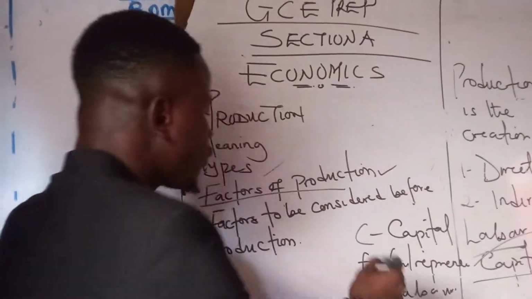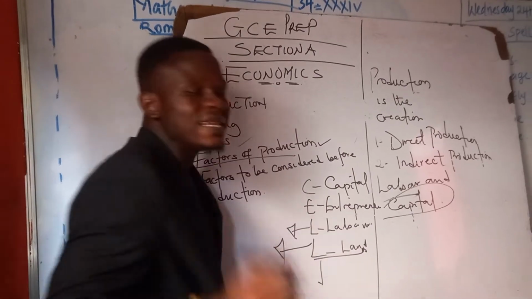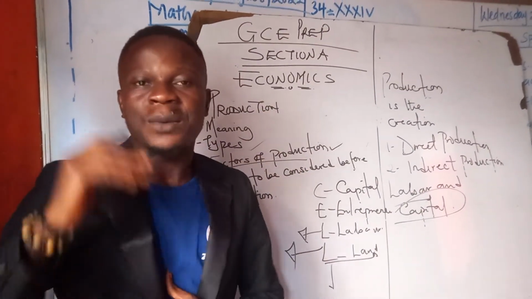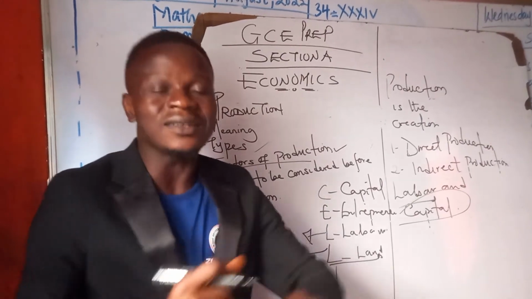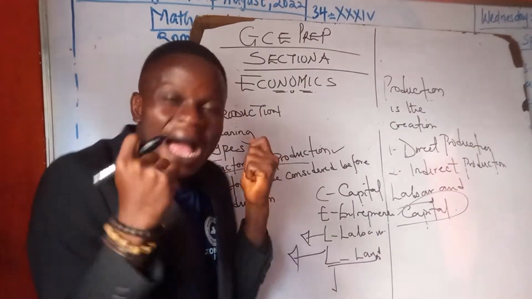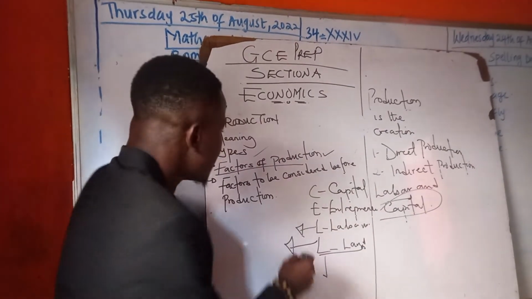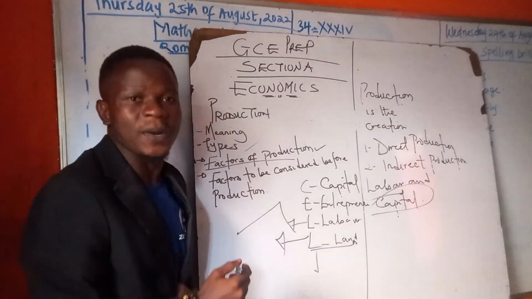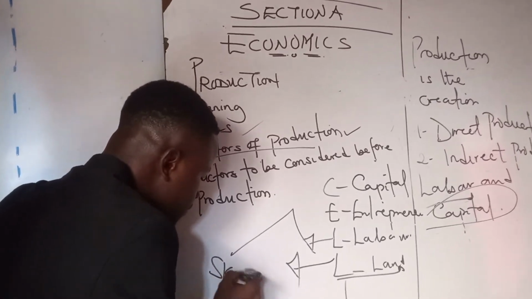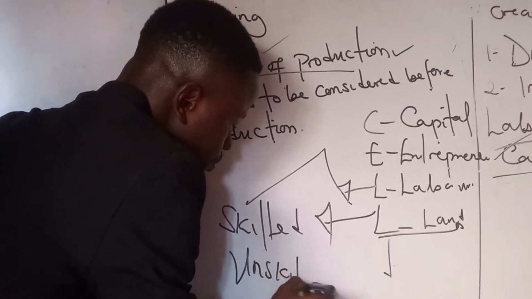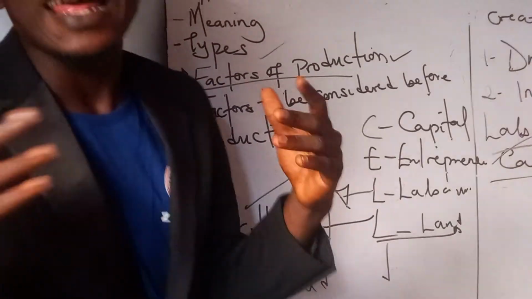Alright, so I'll move to the next one, labor. Labor simply means the man-made and the physical effort put into production. The strength and ability that you put into production. Also, labor is divided into two parts. We have the skilled labor and we have the unskilled labor. Now, the skilled laborers are the